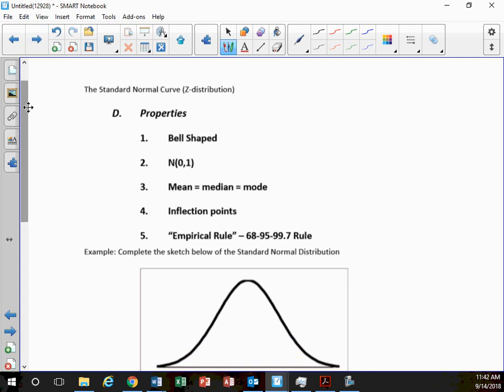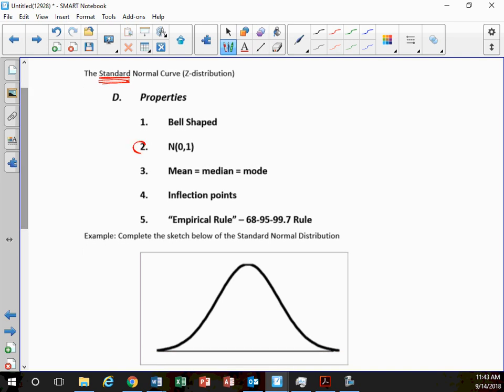So let's think about our standard normal curve. If I say standard, that matters. If I'm talking about standard, this second point here, this N(0,1), matters a lot. If we have standardized it, we've put the mean at 0 and we've made your standard deviation equal to 1. So the 0 is your mu, and sigma is your 1. You can have normal curves without standardizing them, but if you standardize it, you always have a mean of 0 and a sigma of 1.